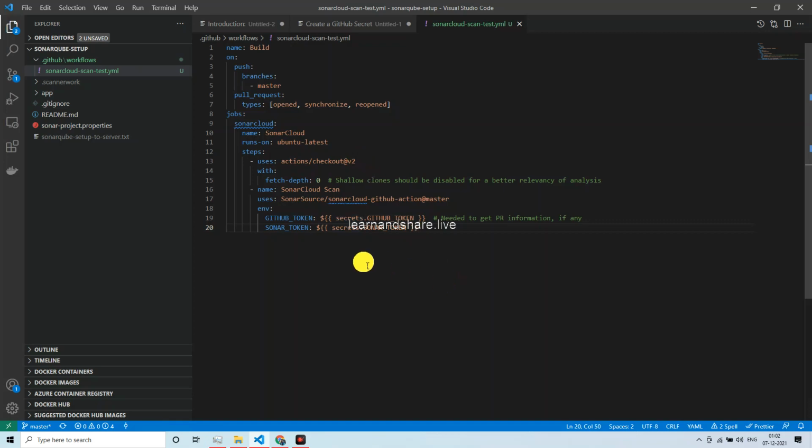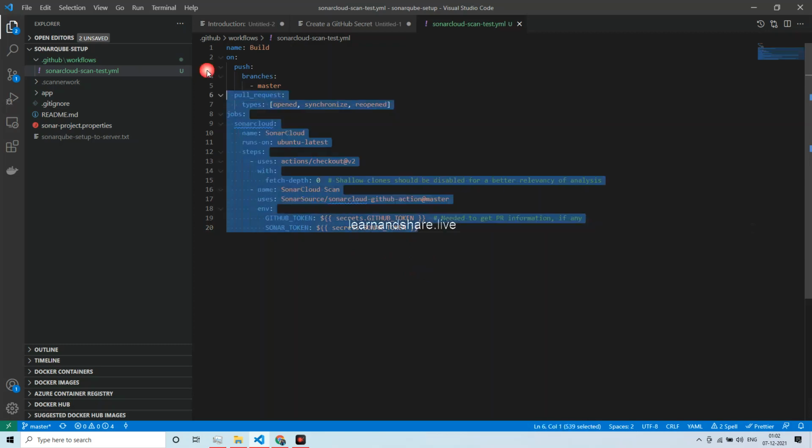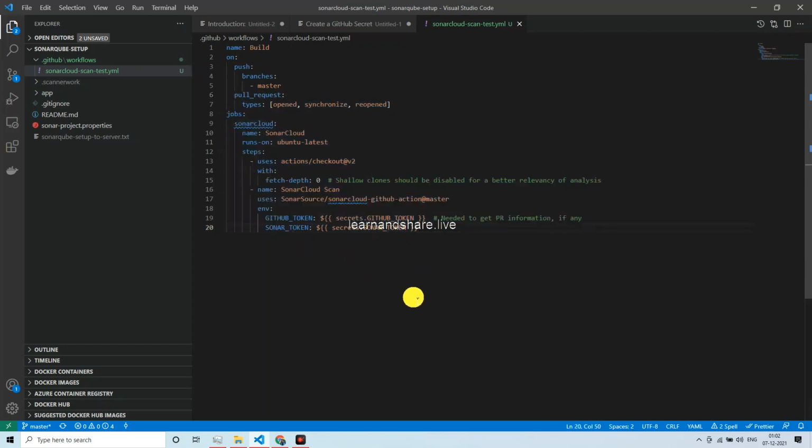If you guys are more interested in how to read this workflow configuration file within GitHub, and what all additional things we can do through the GitHub workflow configuration file, please let me know in the comment section. I can create a separate tutorial for all these things where I can explain each and everything, and you will be familiar with what exactly is happening.